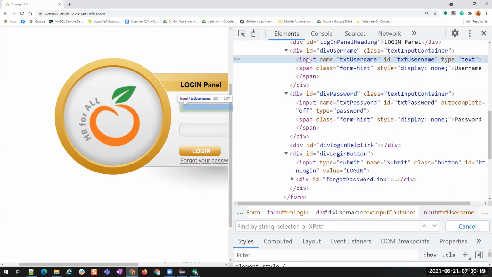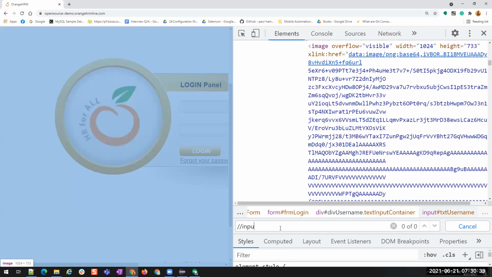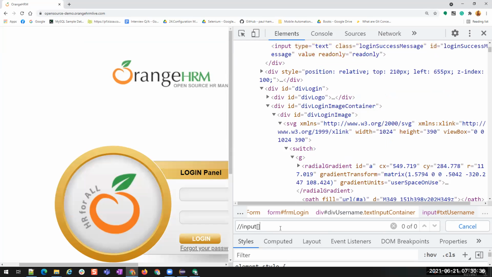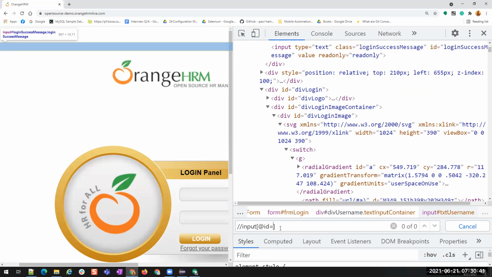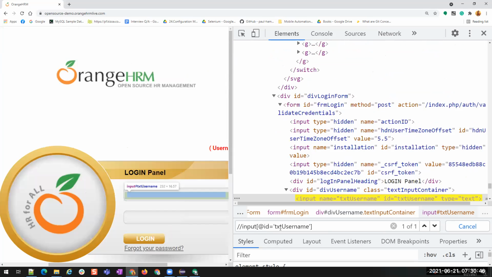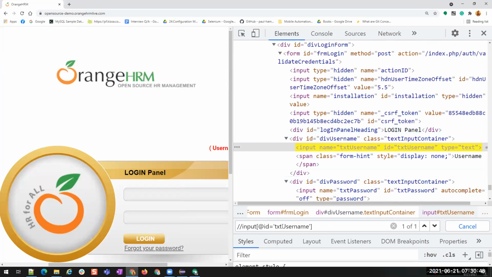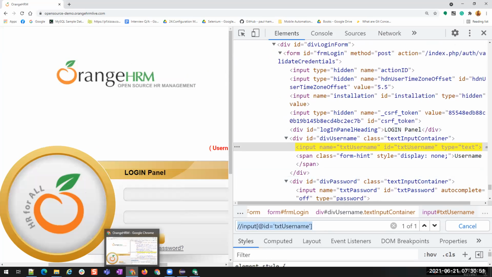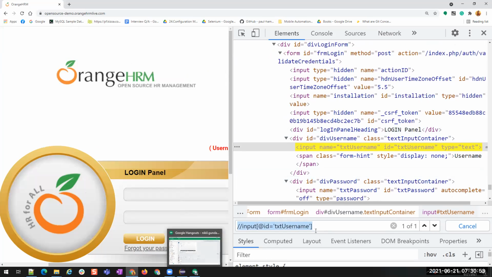Yeah, I want to write XPath for this input box. What should I do? // HTML tag and braces. In the braces, I'll use attribute id equals and its attribute value text user. You see, is it finding the element? This is how we write the XPath.